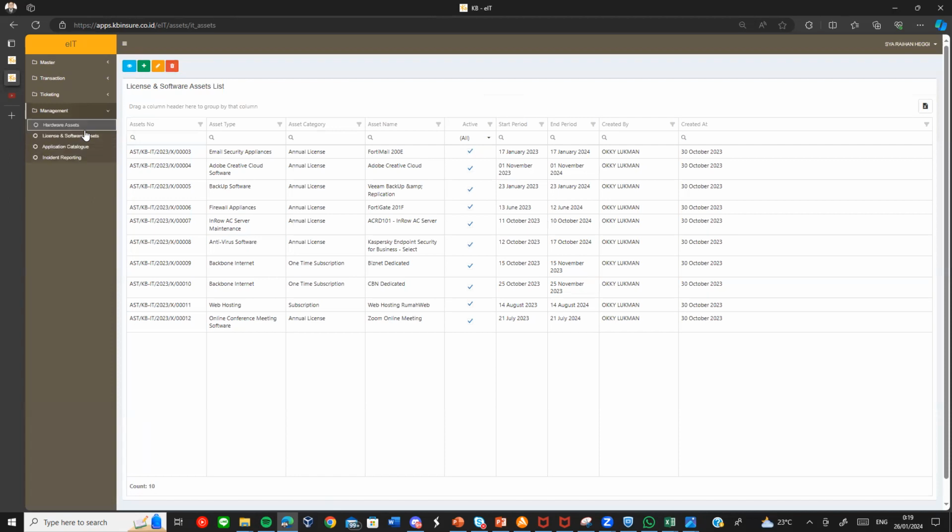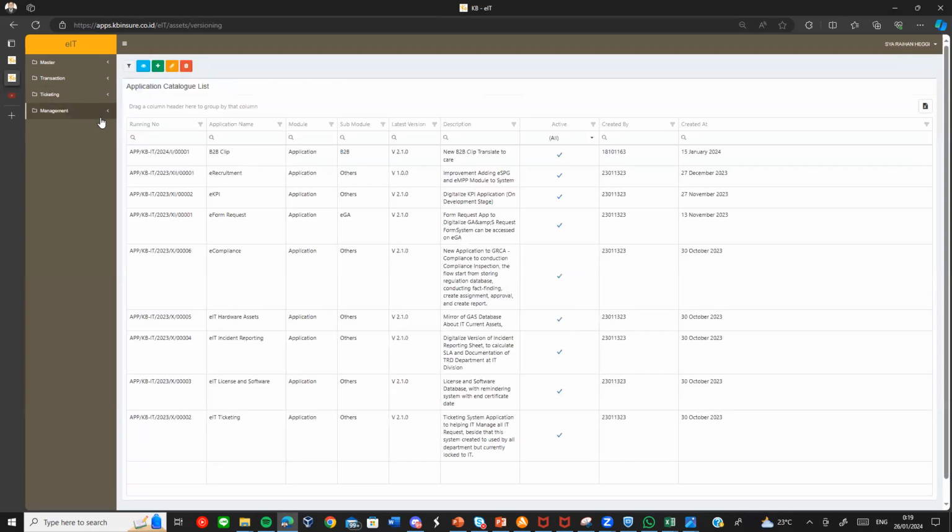Okay. And the next thing is the application catalog. For the application catalog, maybe for the AIT management, I didn't conduct it, but I'm just showing it because this is simply the digitalized version of the IT logbook, just replacing the old one in Excel with the system. So the user can monitor the data more and access the data, for example, like that.